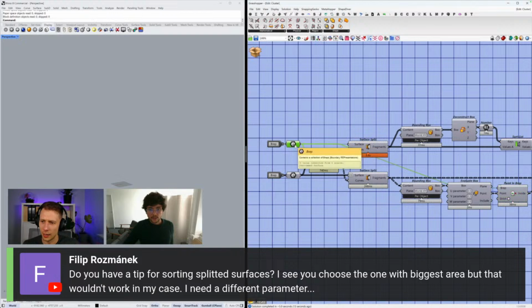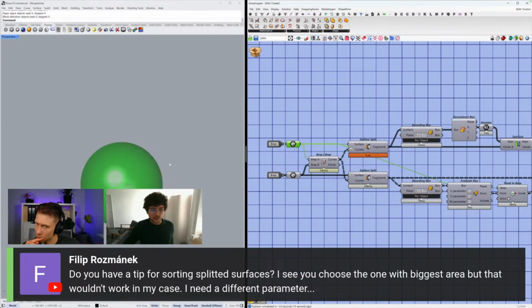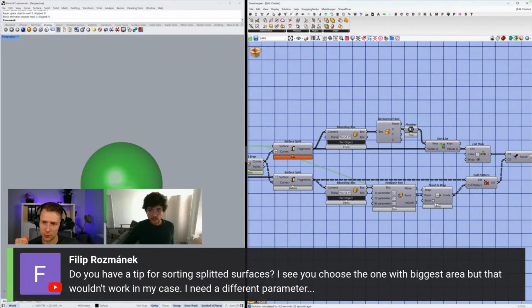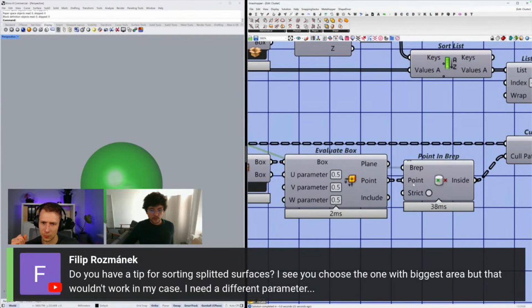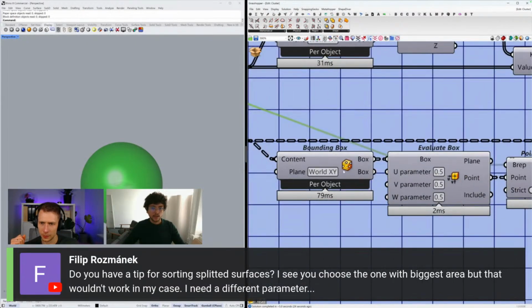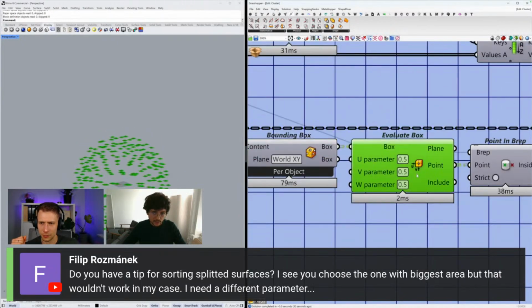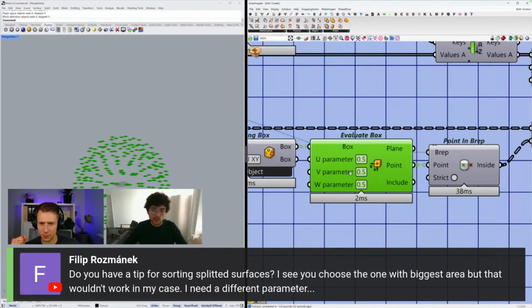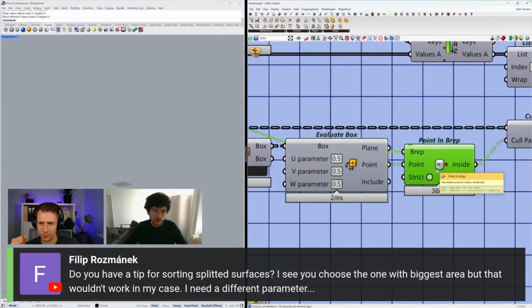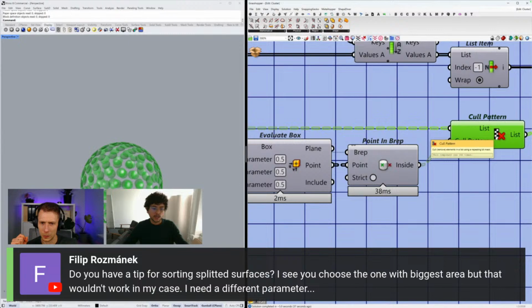Where I have the original sphere, which is not cut, that's a closed sphere, a closed BRep. Then I do a point-in-BRep containment, by taking the bounding box of my fragmented sections, then taking the center of this bounding box, and doing a containment. And of course, what is inside is what I keep.